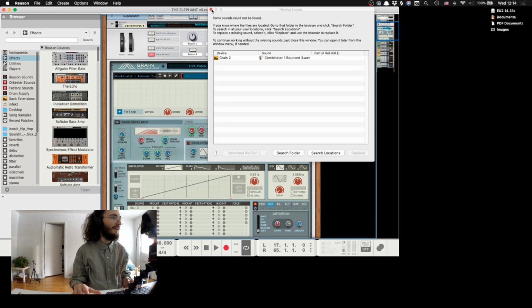Combinator 1 bounced 3. No, I can't find it. I don't know where it is. But yeah,